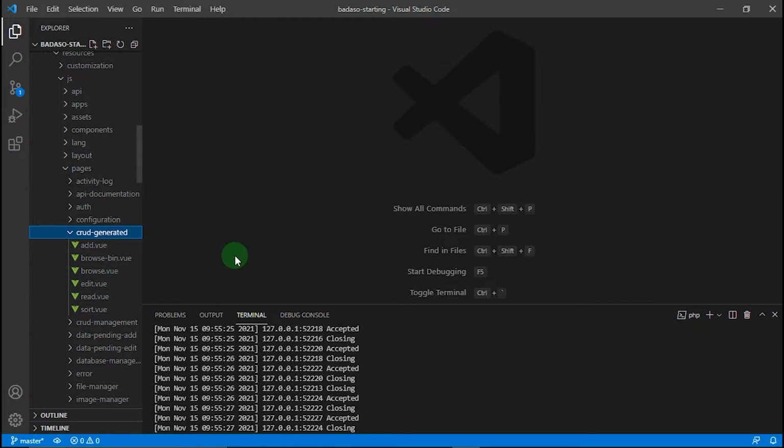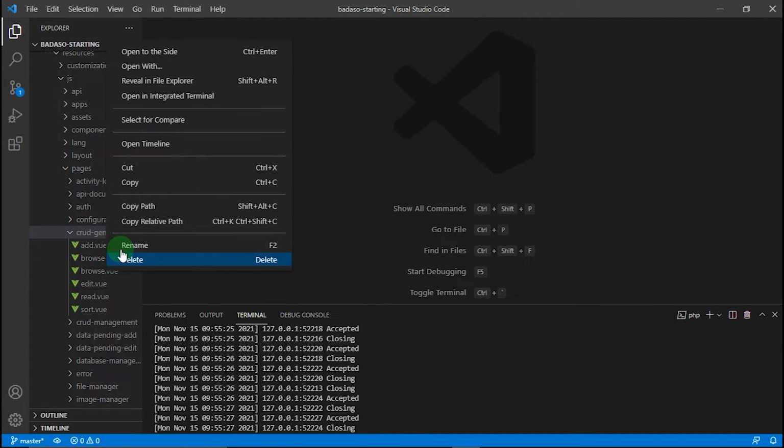As you can see here, there are some files: bin.view, browse.view, edit.view, read.view, sort.view. The name of each file already defines what the file's purpose is. Because we want to customize the browse or index page of food categories, we can override the browse.view file by copying this file